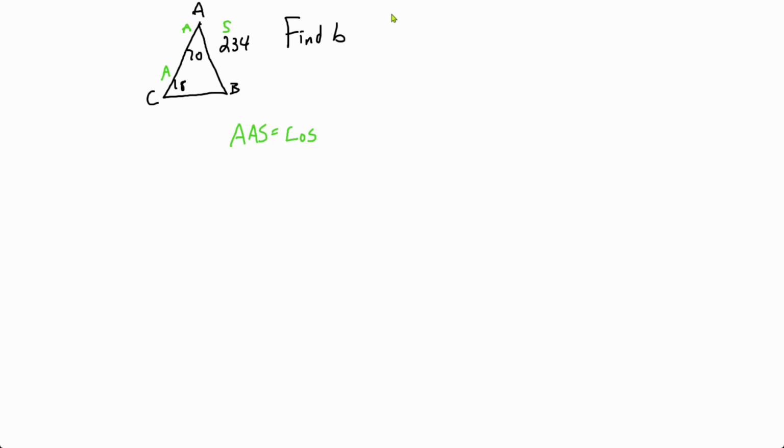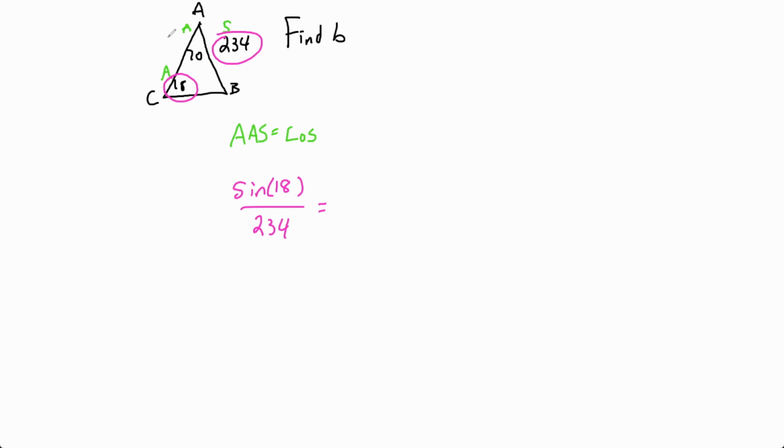First, let's identify our two knowns, right? I need to know an angle and its opposite side. Well, I know this is 18 and this is 234. So I have sine of 18 is equal to 230. This triangle, if it exists, is going to be a very large triangle, right? If only 18 degrees is producing 234, and I am looking for little b, we should have quite a swing here. So if I want little b,